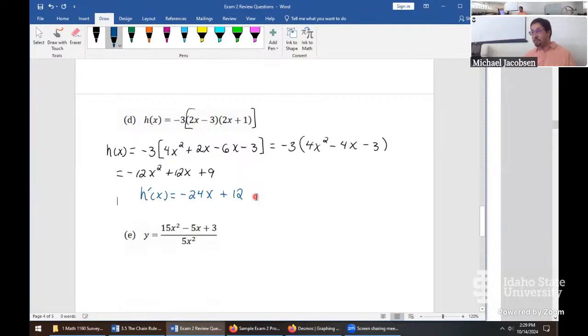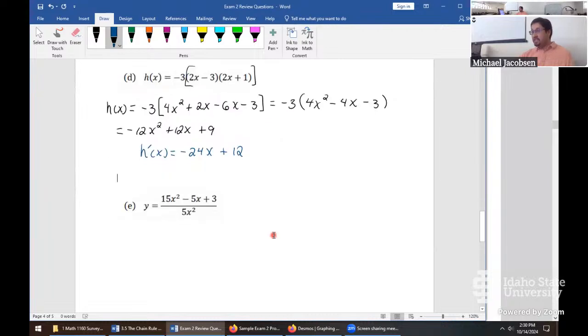Well, this is going to be our last one from question number 23. And same idea with this thing. You can use the quotient rule on this one, but I promise the quotient rule on that thing is much worse than using the product rule on even this one, in my opinion. So the best step is just to say, if you're dividing by just a 5x squared, that's one term, you can rewrite this as